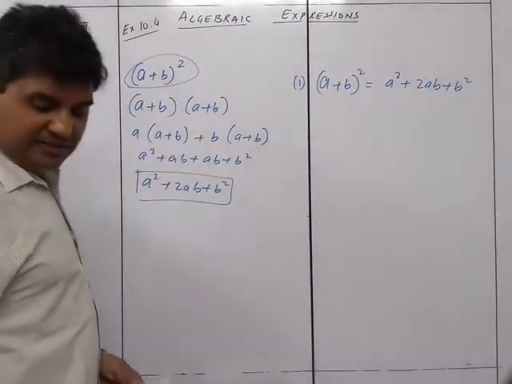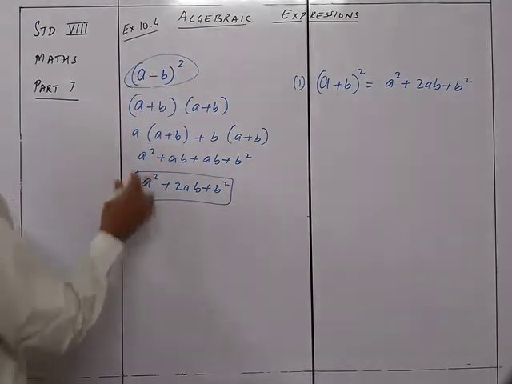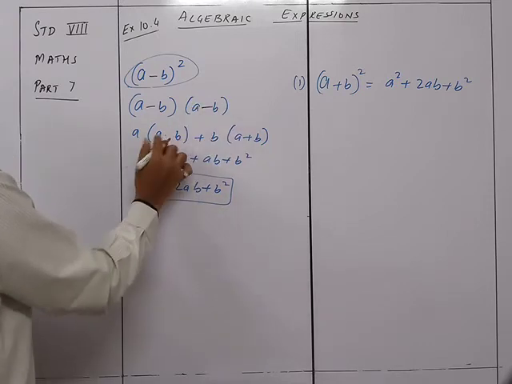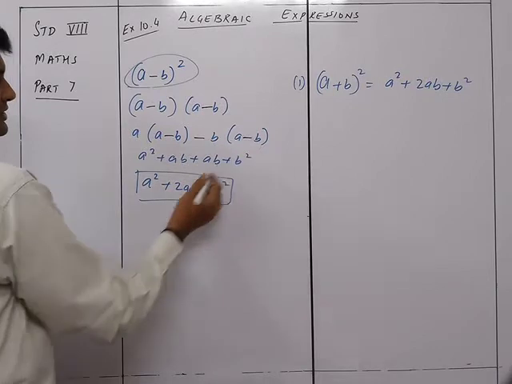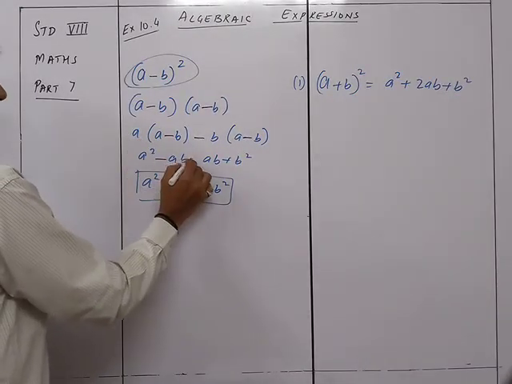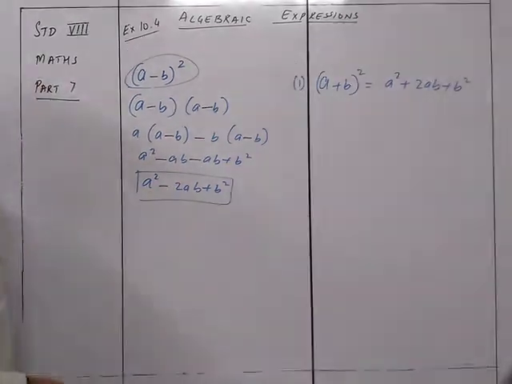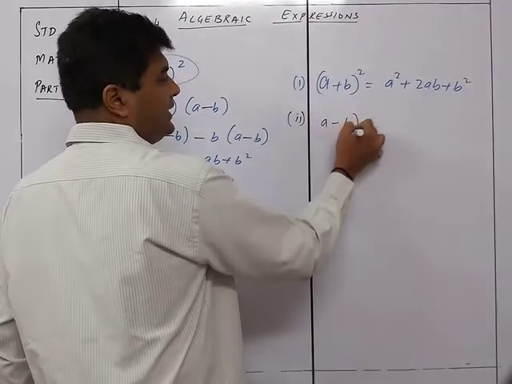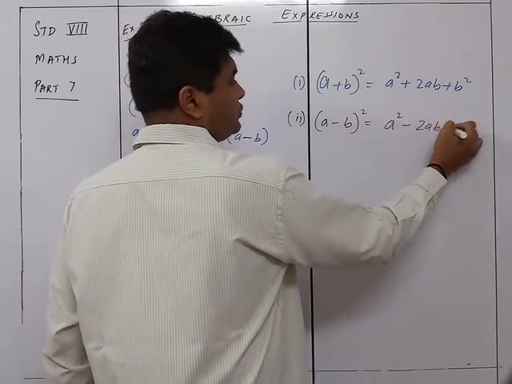Similarly, if I am having this thing in such a way that there is a subtraction sign here, then this will be subtraction, this will be subtraction, this subtraction. Here minus, a into a square, this will be minus, this will be minus, and this minus will remain plus. So that's why we have the second formula as a minus b the whole square is a square minus 2ab plus b square.